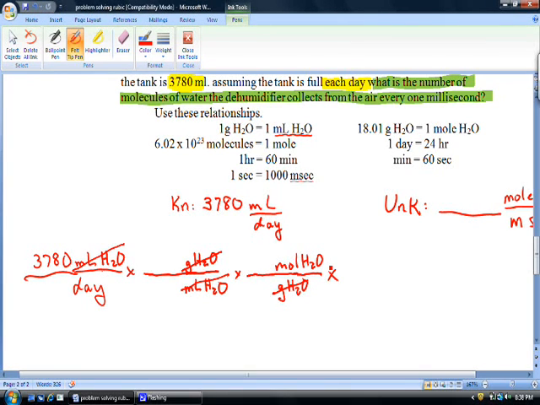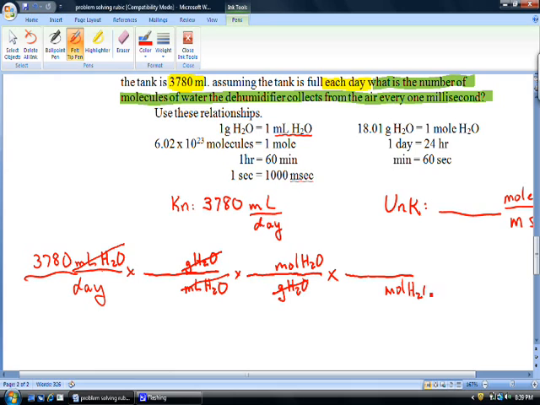Then we're going to have another relationship we're going to use. We're going to get moles of water to go away. So other than this spot here that we've already used them, where do we see moles of water? Oh, here's a place we see moles and number of molecules. Okay, so that's our next relationship we're going to use. Is we're going to have moles of water on the bottom,